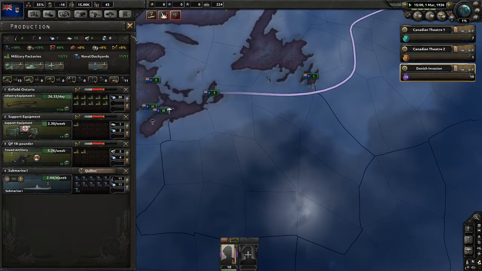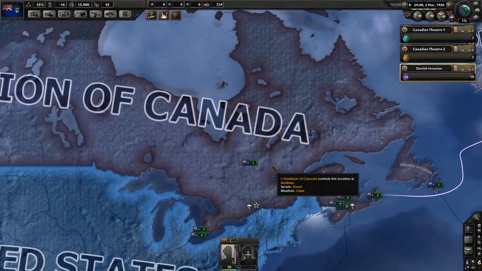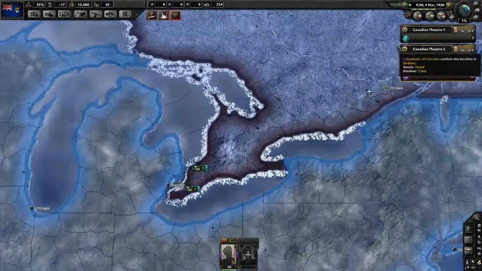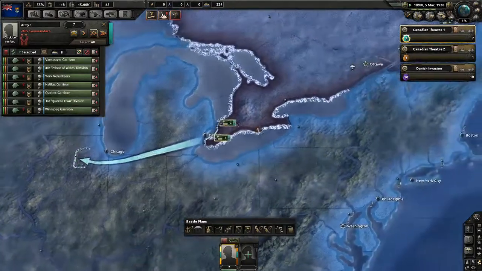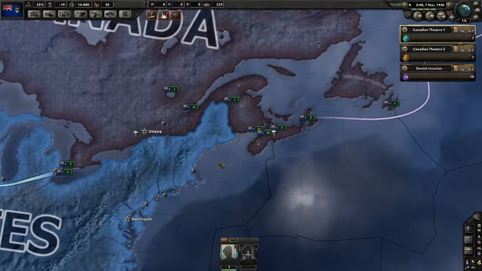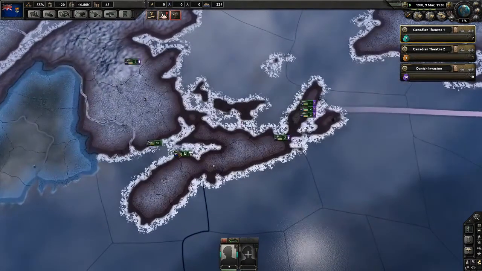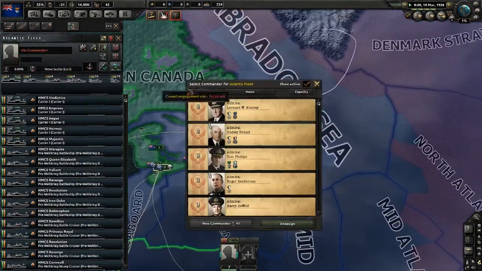More submarines. Also, I get an event where I can get some naval experience, and I'm going to use that to make some sub variants so I could penetrate further. I'm just putting these here. Obviously, this is not enough to fight the United States or even the CSA, but I'm just putting them there. And 55 ships here. It's a big one, so let's give him...